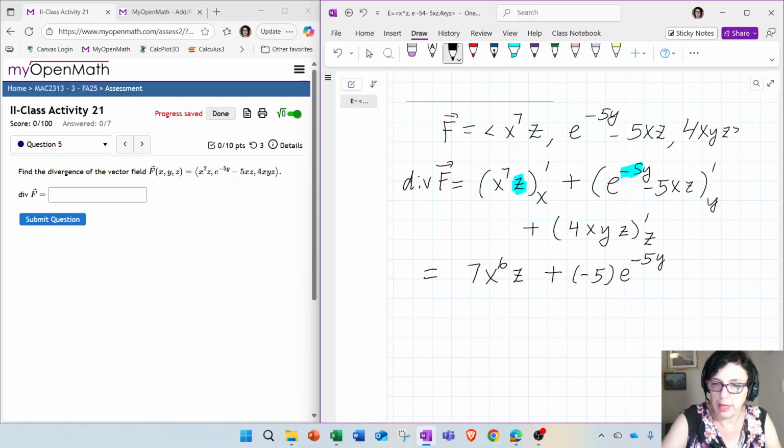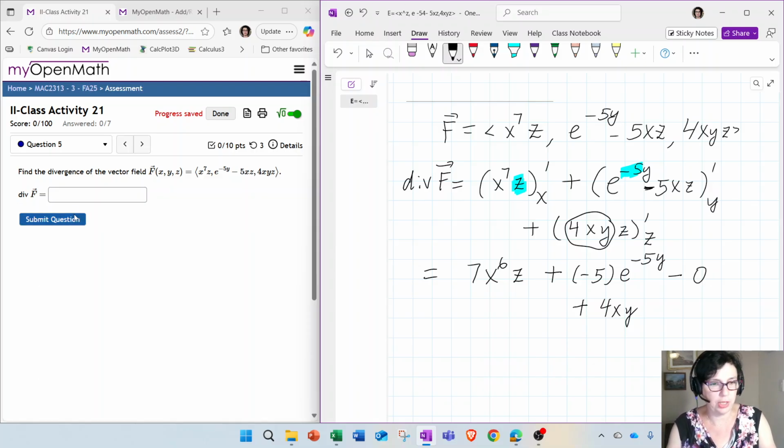All right, then minus. Okay, so here we are subtracting a term that doesn't have a y. Because it doesn't have a y, you can drop it. Derivative of it is going to be 0 because derivative of any number when you're adding or subtracting it is going to be 0. Not when you're multiplying. When you're multiplying, you keep it. Okay, plus 4xyz. So here 4, x, and y are all numbers. So it's like one big number times z, and derivative of that is just the number. So that's going to be 4xy.